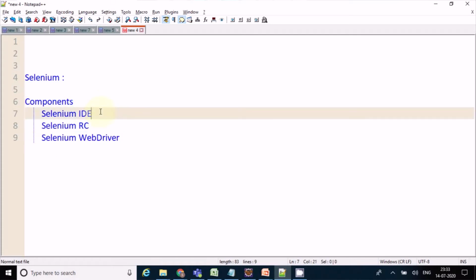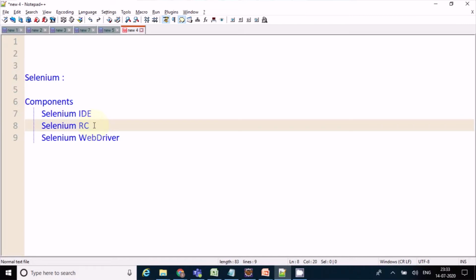In Selenium IDE, we can just record and playback. Selenium RC is a tool where, before working with Selenium, we need to start the server. Every time, it's a tedious task to start and stop the server.